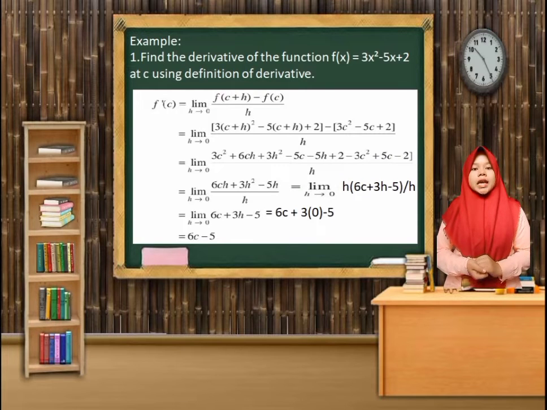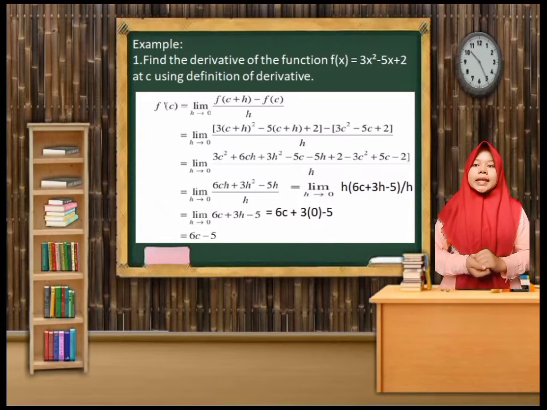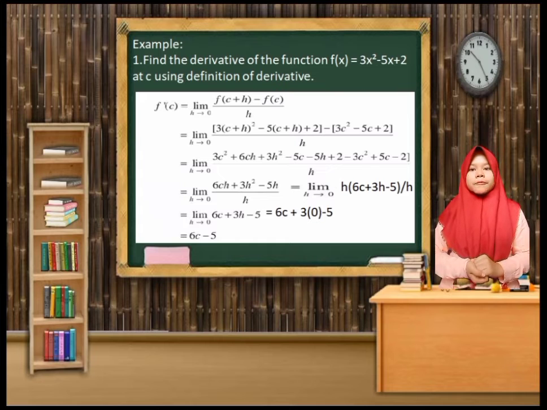f(c) replaces x with c, becomes the limit of 3 times (c plus h) squared minus 5 times (c plus h) plus 2, minus (3c squared minus 5c plus 2), all over h, as h approaches 0, equals the limit of 3c squared plus 6ch plus 3h squared minus 5c minus 5h plus 2 minus 3c squared plus 5c minus 2, all over h, as h approaches 0,